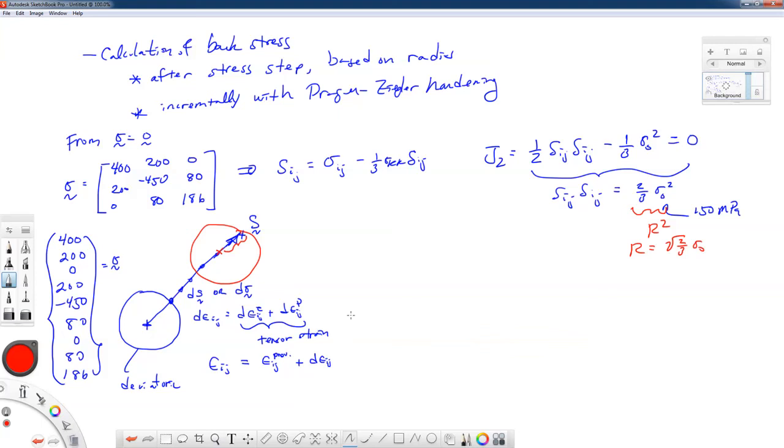So if we want to calculate the location of the backstress tensor, which would be, in a different color, from the origin to here, it's supposed to be a straight line. Well, we can find that alpha ij, talking about the deviatoric alpha, is equal to